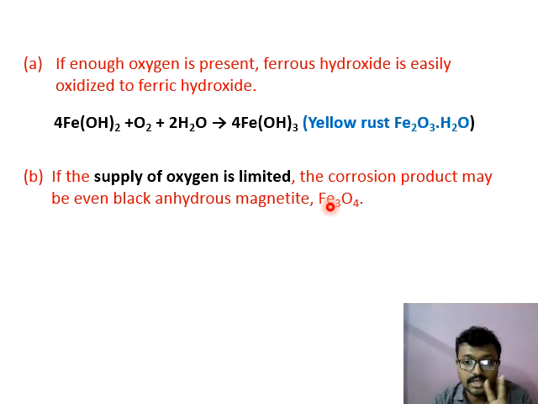In Fe3O4, iron is present in two different types of oxidation state. One is iron 2 plus and another one is iron 3 plus. Both oxidation states are present here in Fe3O4. Okay. So the overall oxidation number of iron in Fe3O4 is 2.66. It's not 2, it's not 3. Okay. So this is about the